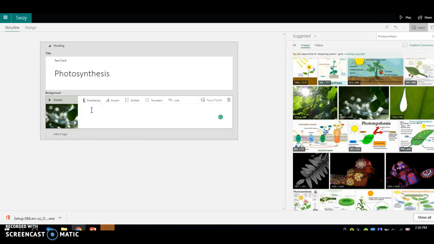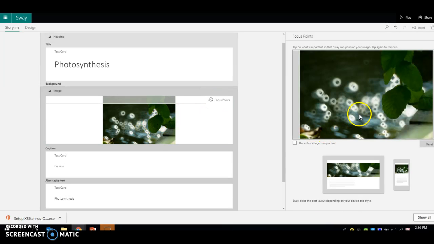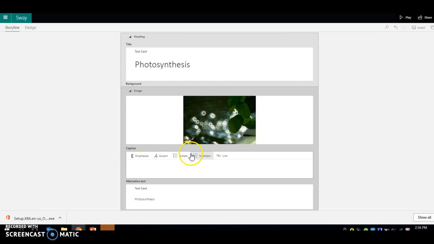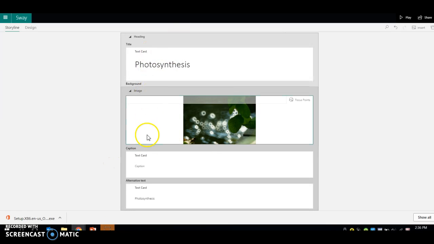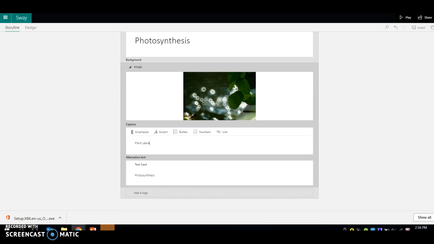So, you could caption this. You could emphasize it. Focus point. You could make the focus point anywhere on there, or the entire image, which is pretty great. So if you would like to emphasize it, or a caption, plant leaves. So once you've done that,